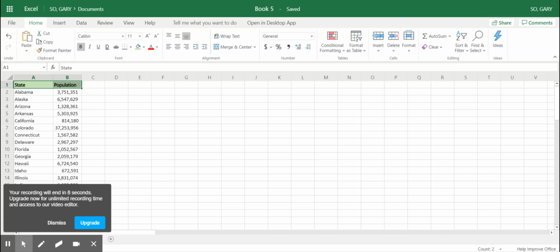All right. Also, it says center align them. So I still have both cells selected. So I can go ahead and in the alignment group, center,